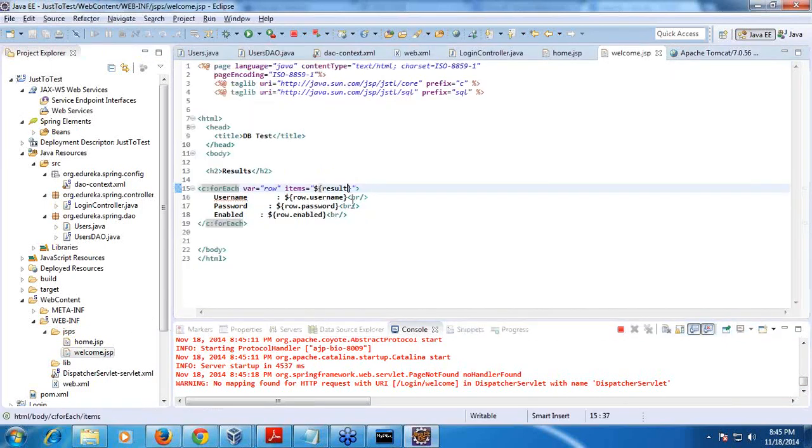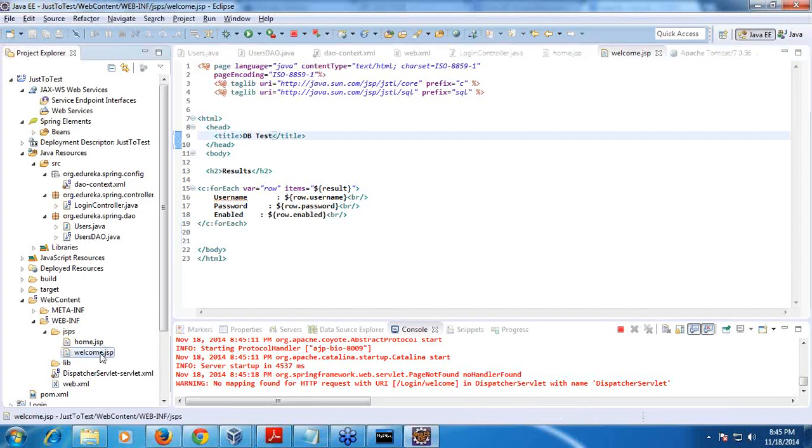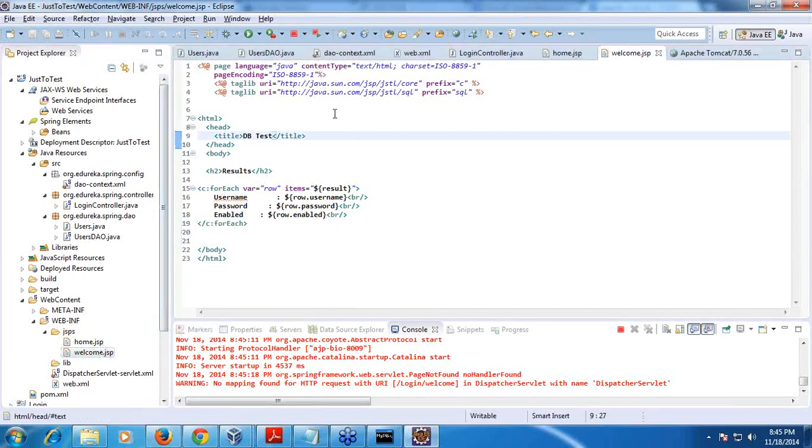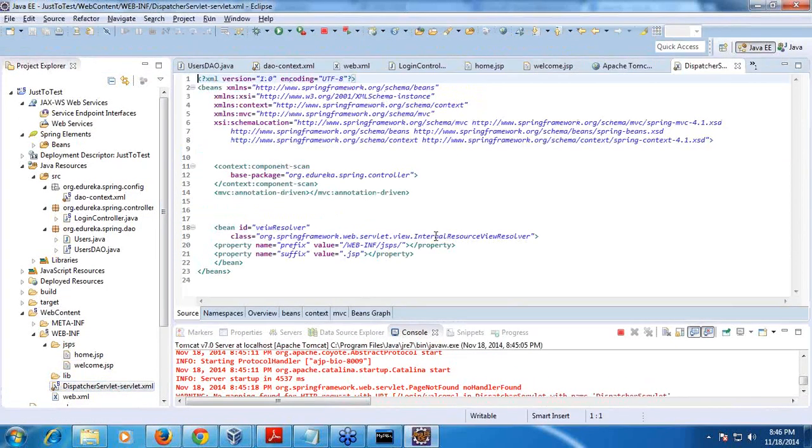The welcome page again. Then the dispatcher servlet, I have also mapped it, right?